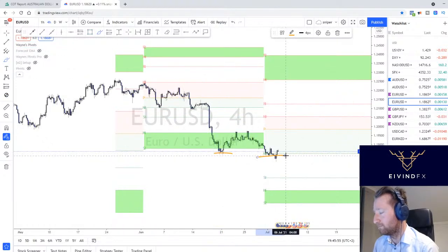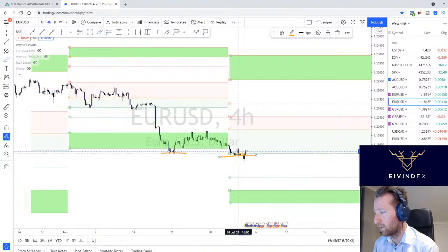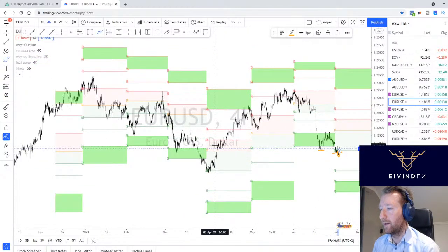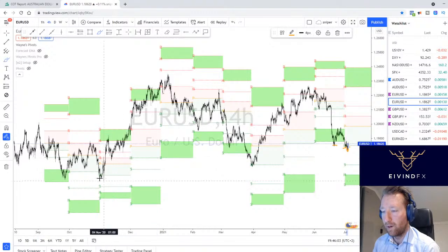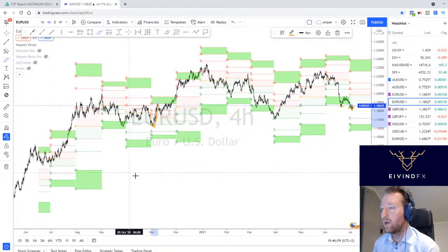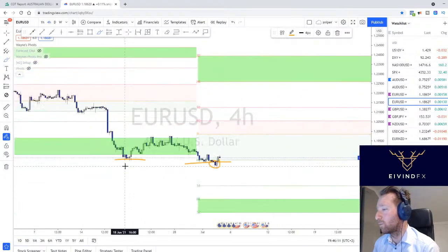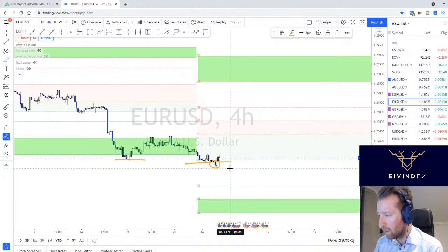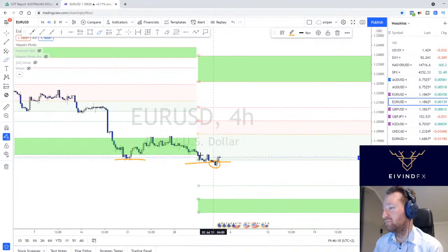Kind of a double bottom. We have a lower low here. That doesn't mean anything to me. You know, we can still go lower and still reach the target. Okay, that is not indicative of it never going higher. It's just that we need to take less risk at the moment. Okay. So currently, not a higher high yet though on the 4-hour.